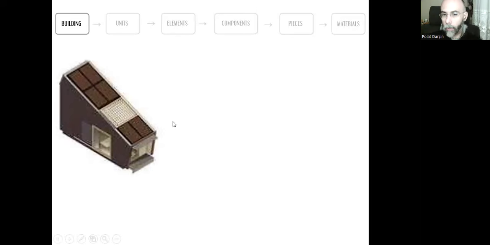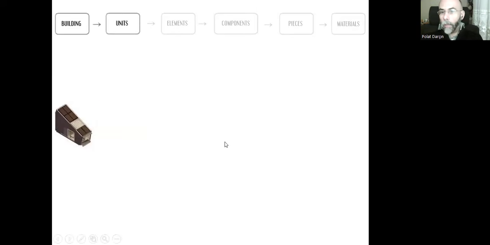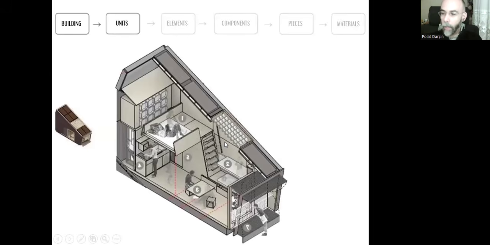Once we create this envelope, we know that it will include different units. These can be closed living spaces, semi-open living spaces like this terrace area, or open areas, which is related with this envelope. And each one of these can serve for a specific function, such as sleeping or preparing food or